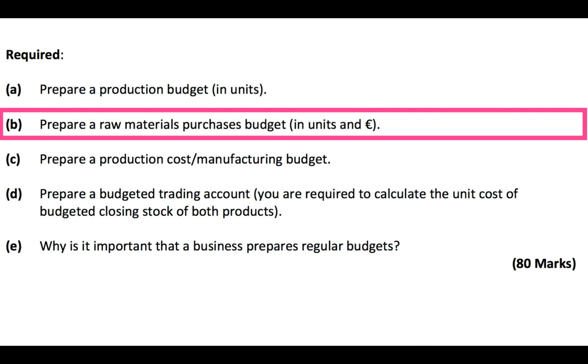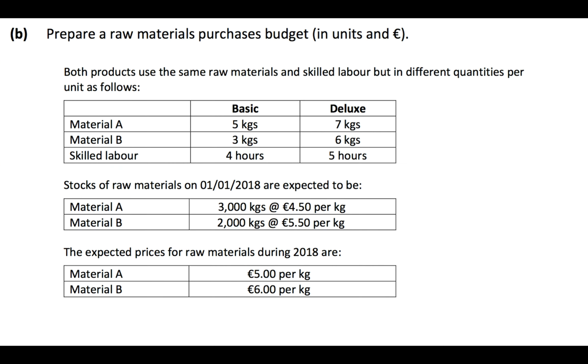Part B, prepare a raw materials purchase budget in units and in euros. So how many kgs do I have to purchase of each type of material and how much is it going to cost me? So based on the number of units that I need to produce that I worked out in part A. So this is the information that we're going to need, as well as knowing that all stocks are to be reduced by 10% from opening levels. So both products use the same raw materials and skilled labour, but in different quantities per unit as follows. So Basic material A needs 5 kgs, Basic material B needs 3 kgs, Deluxe material A needs 7 kgs and Deluxe material B